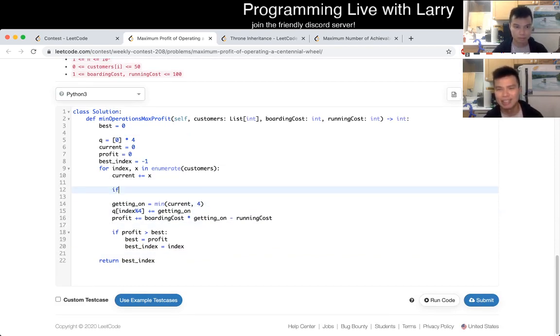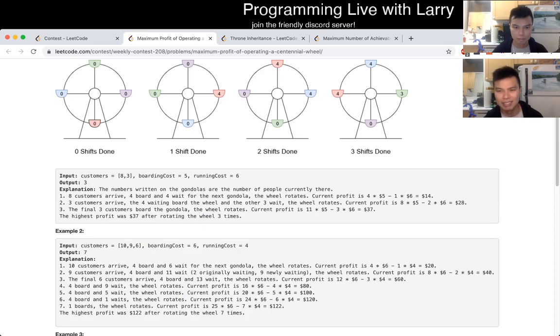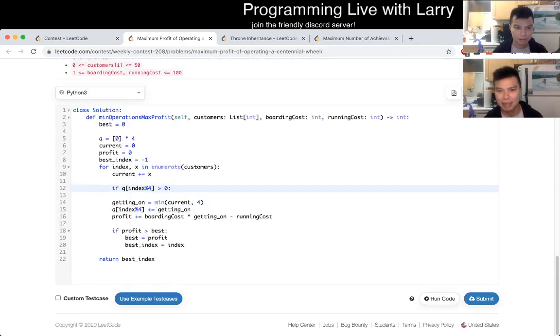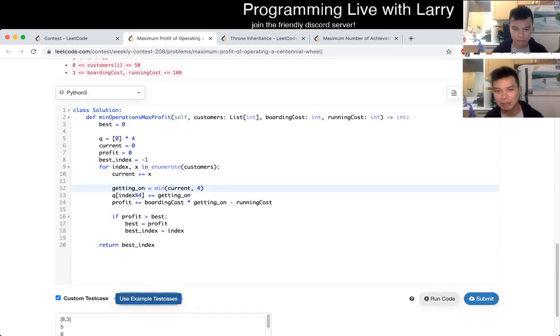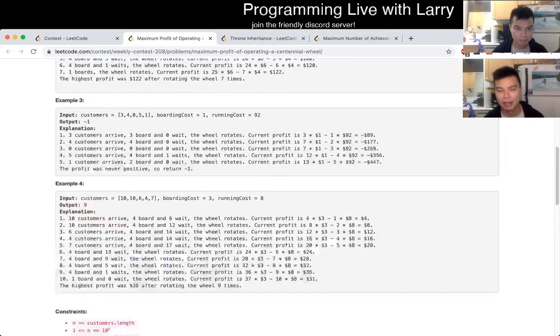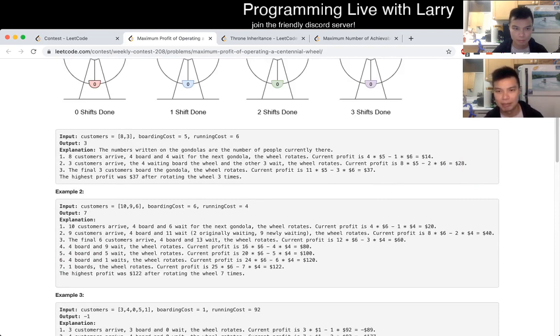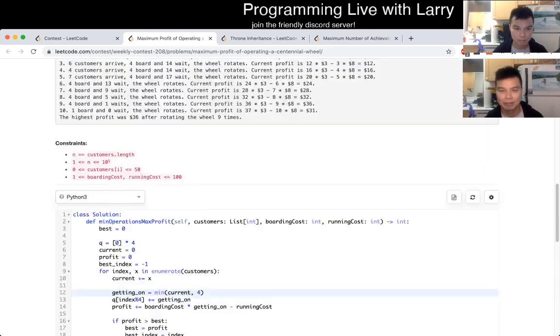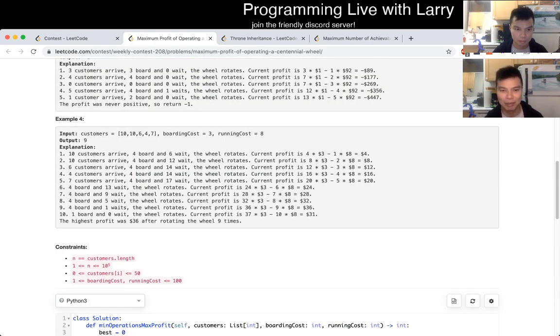What did I do? Oh yeah, I was trying to think maybe I need to simulate the people getting off. But then I was like, actually, I don't need it, and I probably could have just deleted the queue code. But I do need to. And I actually made a mistake here as well, where I don't subtract from current. But I was getting wrong answers, and I was like, oh yeah, I have to keep track of people after the fact. So yeah, that's basically what's going through my mind.